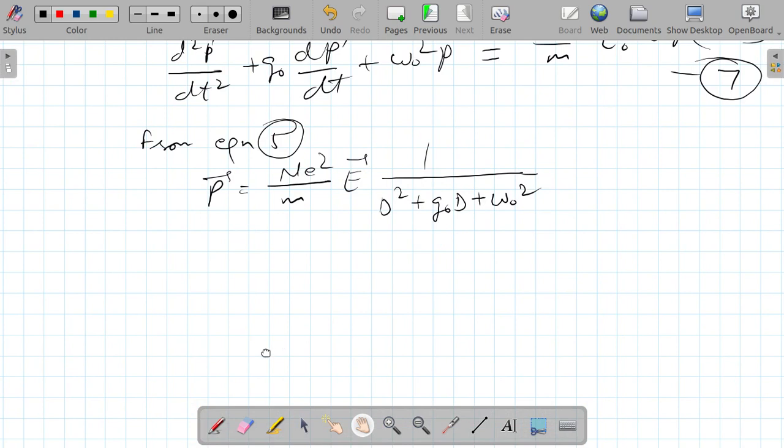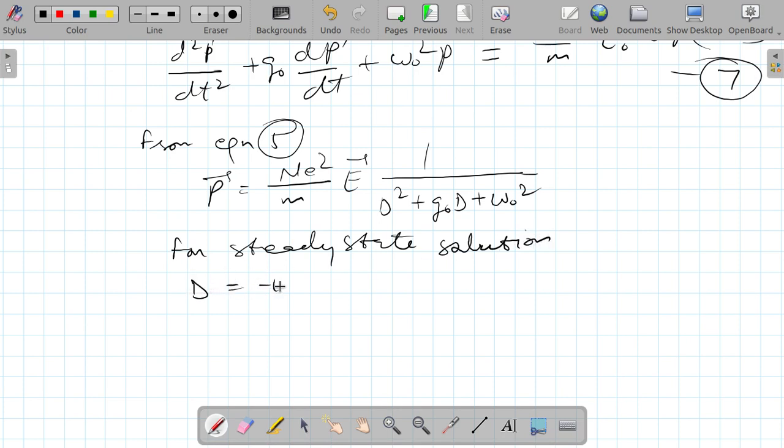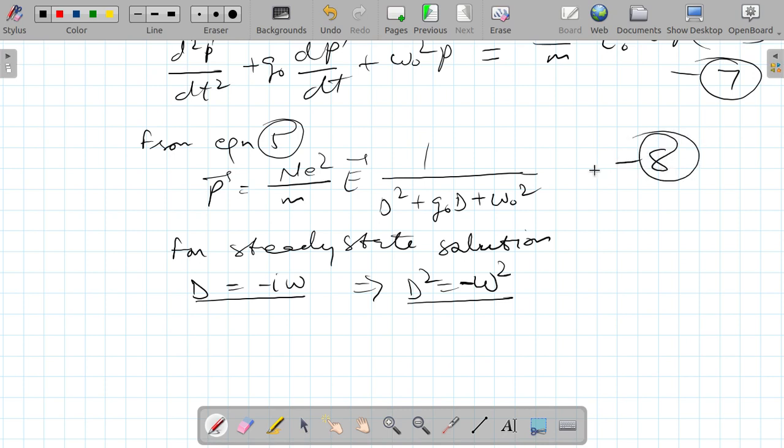So now for the steady state solution, let us assume that D is equal to minus iota omega, which implies D² is equal to minus omega square, as we talked about earlier, and it's simple mathematics. So using this, equation number 8 becomes